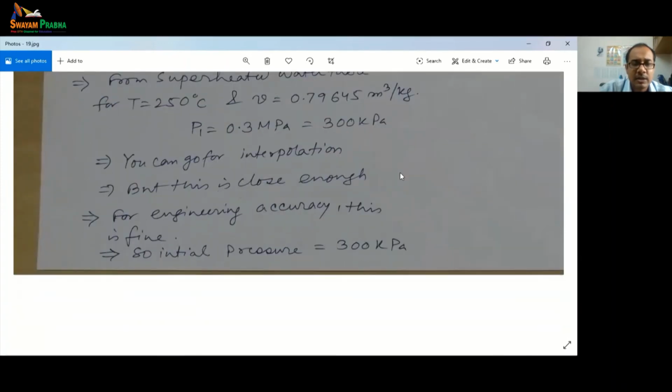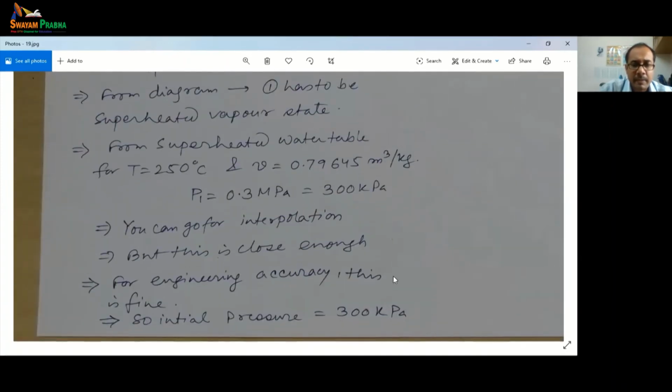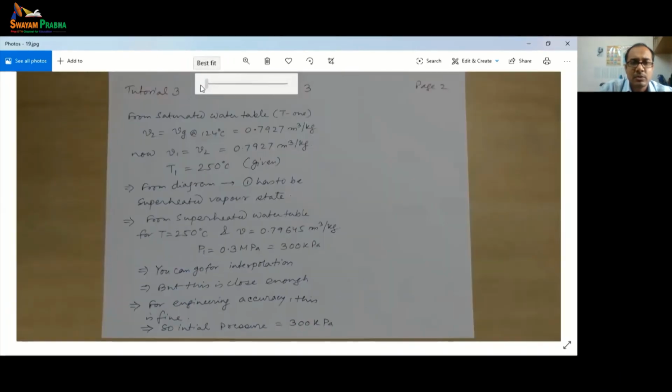Okay, so that's the answer for the third problem. Okay, so here we don't have any more time to go to another problem, but what we can